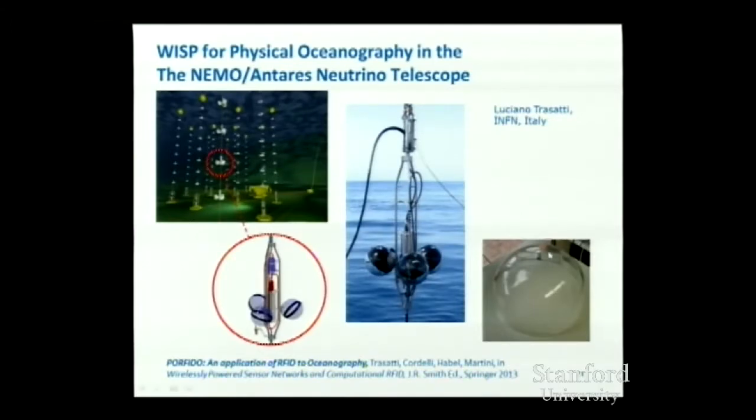So they took the WISP and they potted it on the outside of the sphere. Then they put a small RFID reader inside the sphere and found that they could successfully make temperature measurements that way. So in this case, the benefit to them was not that they wanted to sense at long range, but